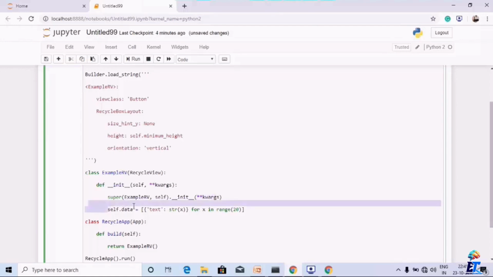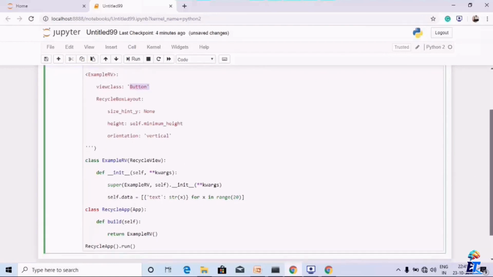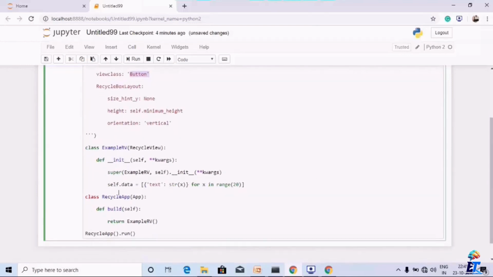Then I have defined the data, like in the string x, for x in the range of 20. So what will happen when I'm running this code? The button will be printed along in the range of 20, which means 20 buttons will be printed inside the screen. So last but not the least, I have created one more class which is called RecycleApp,